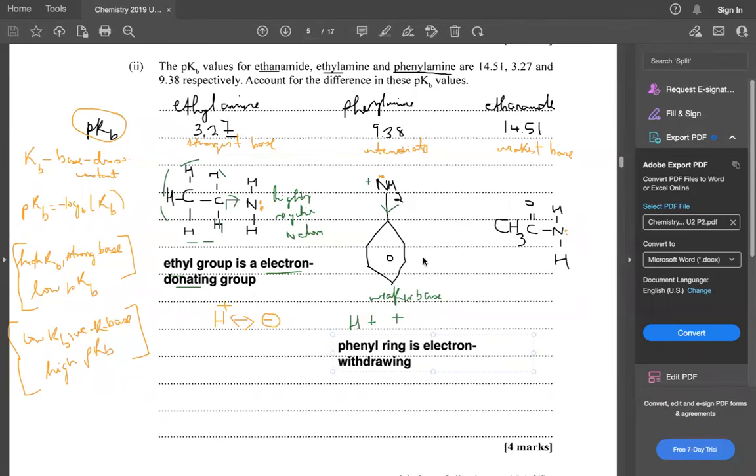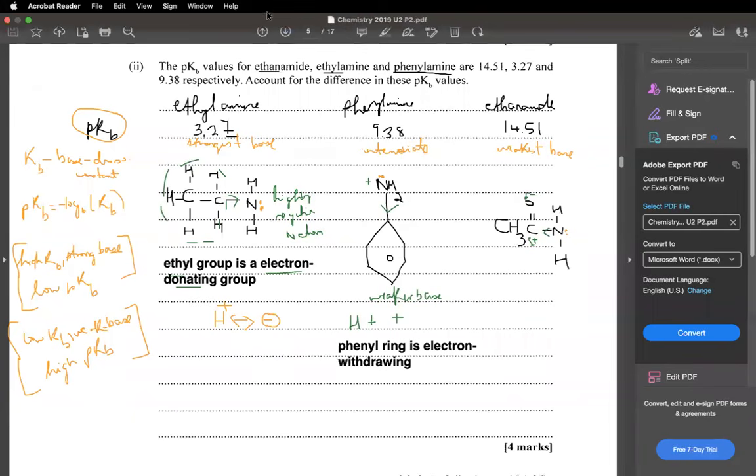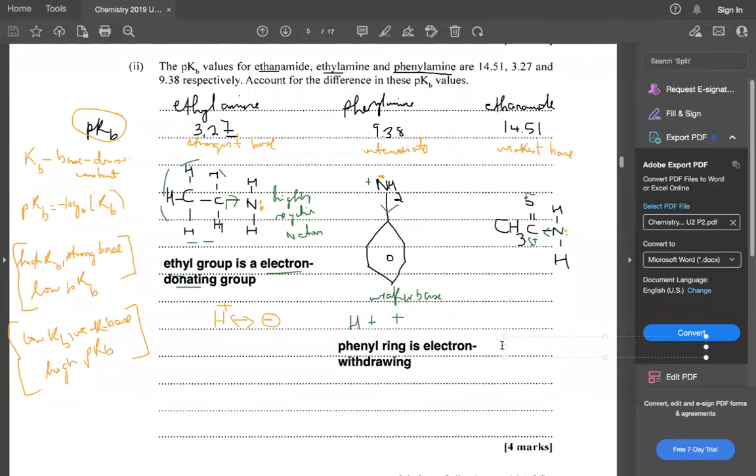And so when we come over here now to our ethanamide, what we see is that we have a carbonyl group that's attached to it, right? And we know that these carbonyl groups are also electron withdrawing because they have a partial negative charge here on the carbonyl and a partial positive. So the net effect is that it's gonna pull electrons to itself, and it's gonna do so much more strongly than a phenyl ring does, right? So let's write that down as well. That's our carbonyl group,